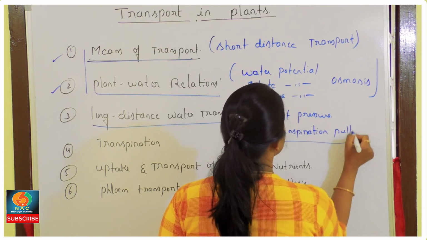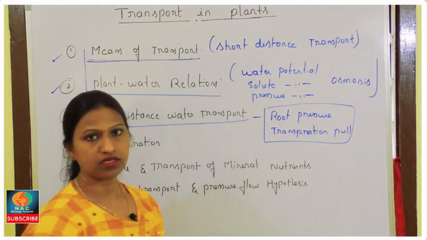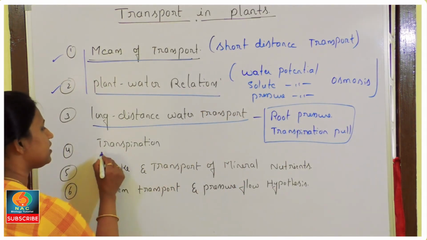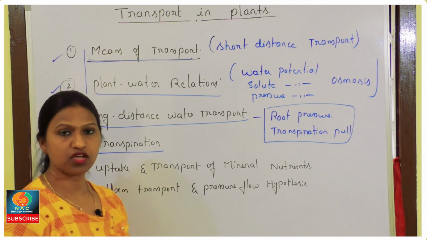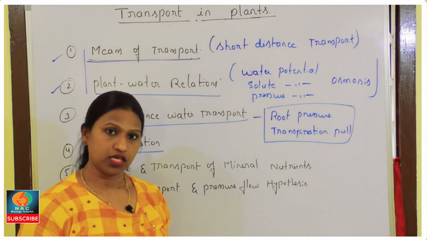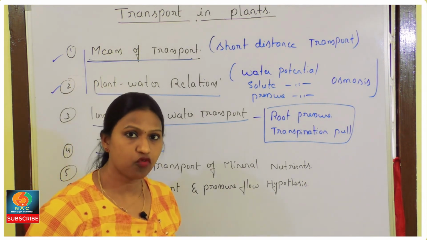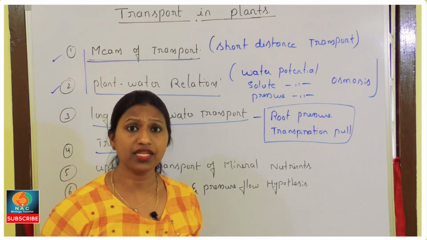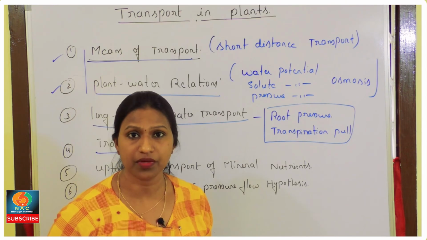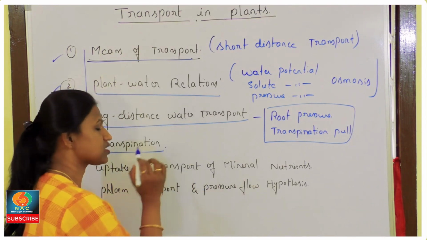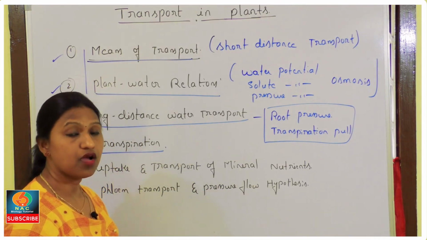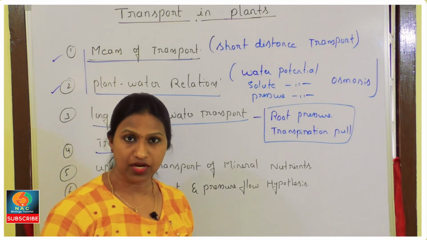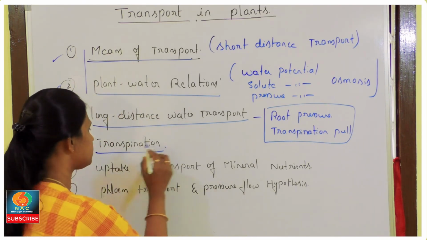Okay. So in this video we'll cover these 2 topics. And transpiration, that is obviously the water loss. Even if you pour 1 bucket of water to the plant, it utilizes only a little amount. The remaining water will escape in the form of vapor. That process we call transpiration. How it takes place, what are the different structures, what is stomata, everything we'll study in this video.